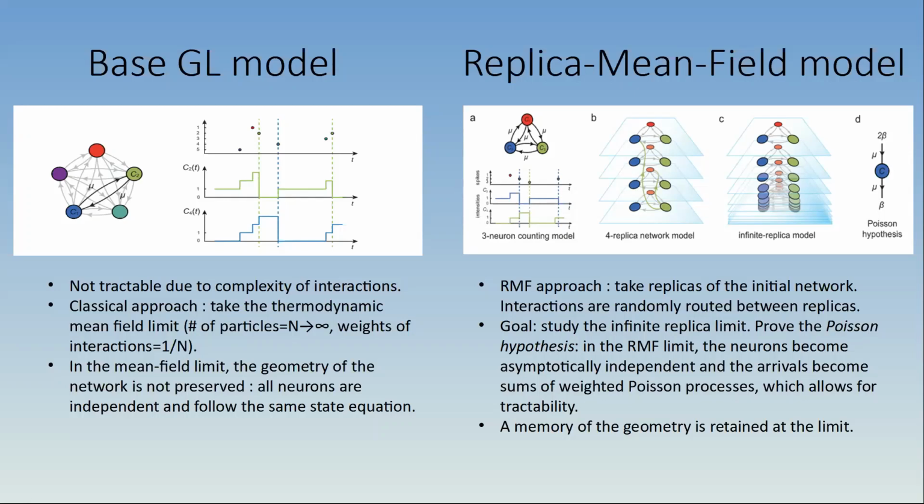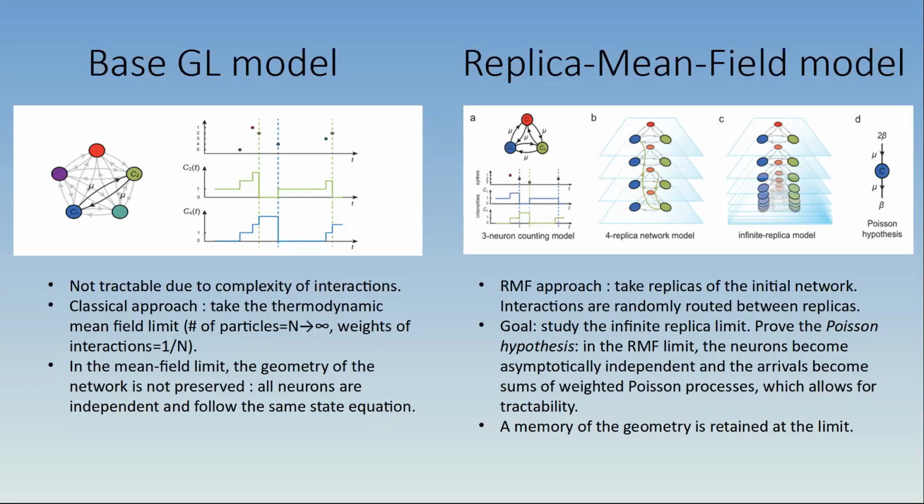And so what we have obtained as results is the proof of this Poisson hypothesis, both for a large class of models, which we call the fragmentation interaction aggregation processes, or FIAPs for short, in discrete time, and in continuous time in the case of Galves-Löcherbach dynamics, for the Galves-Löcherbach model on compacts of time.